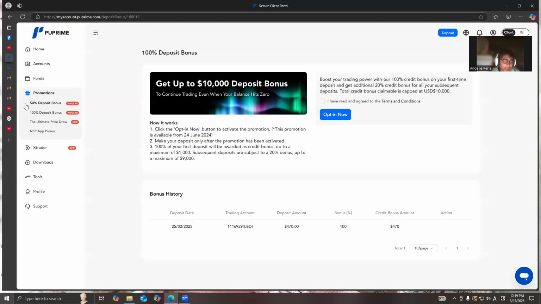So as you can see right here on the link in the left part of this video, we now have the 50% deposit bonus. Okay, so you deactivated this 100% deposit bonus, which is in the opt out. Now, the 50% deposit bonus has appeared.